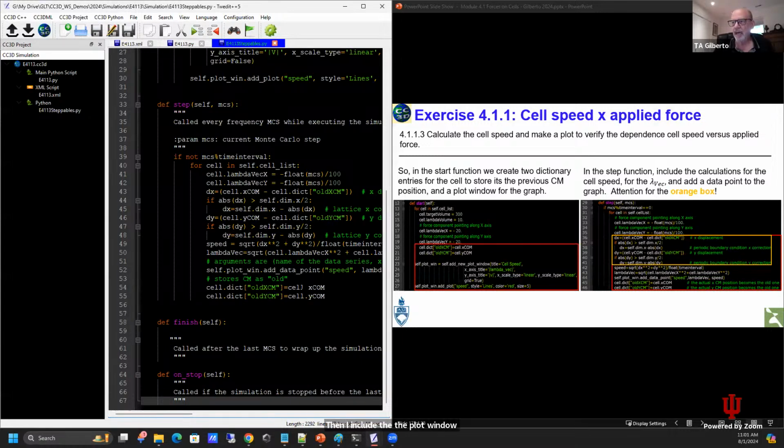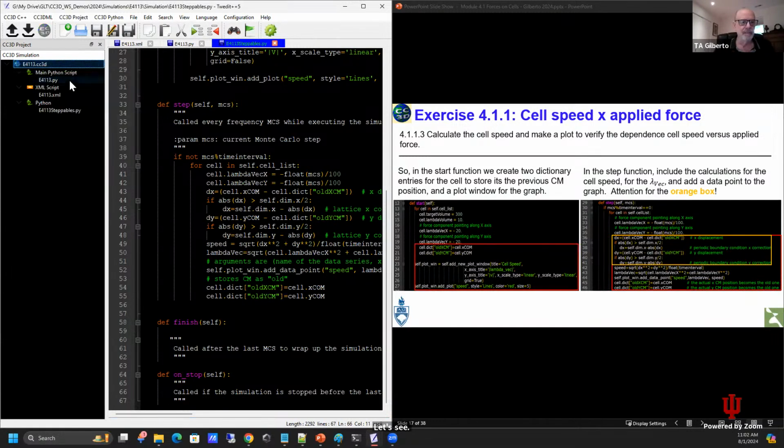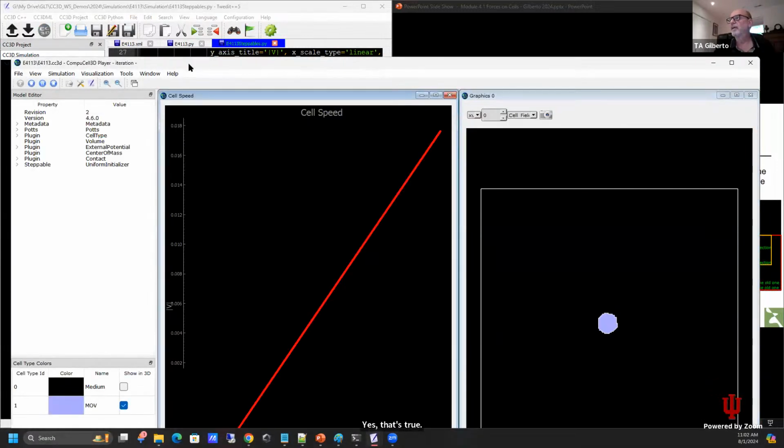And finally, I update the dictionary entry for the old position of the cell with the actual position of the cell. Good to go? Let's see. You have here the